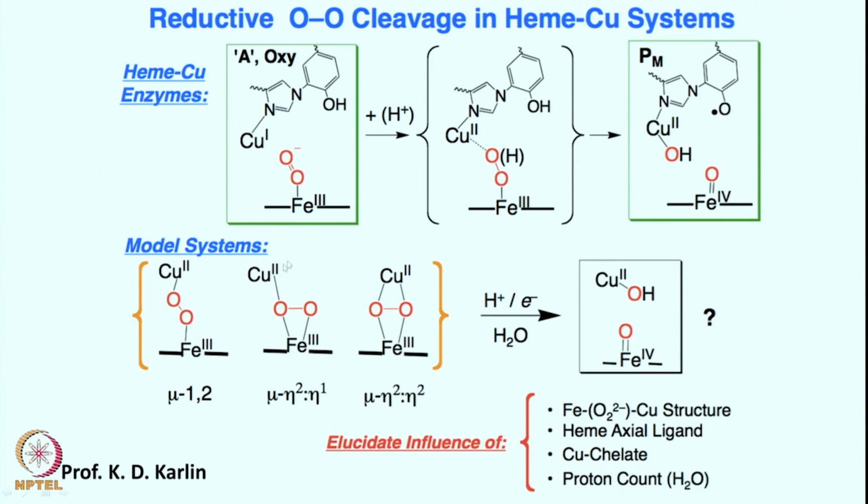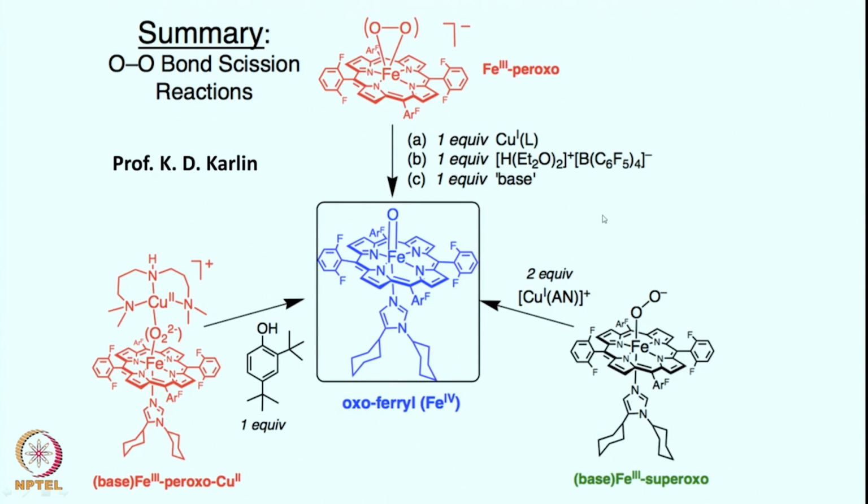Finally, we were able to see that in synthetic studies both these side on bound as well as the side on end on and side on bound geometry can be interrogated further by a proton and electron to give the oxygen cleavage, which is nothing but forming water, because the protonation of these intermediates should give rise to the water formation. This is fantastic. We have seen in the summary for these synthetic model studies that each of these species is very characteristic.